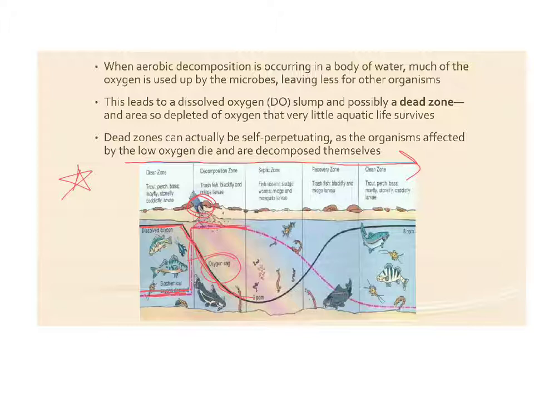The septic zone: you can see that as we move further down from the pollution point source, the BOD begins to come down, and we get a bottoming out right here. This is where the bottom of the dissolved oxygen occurs. So it's falling in the decomposition zone, but when we get to the septic zone, that's really where it bottoms out. The greatest area between these two curves happens in the septic zone, which is right here. This is where our lowest dissolved oxygen is going to happen.